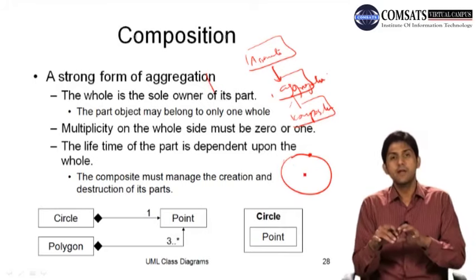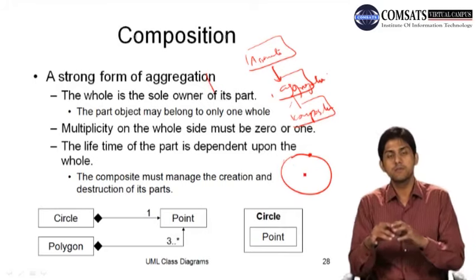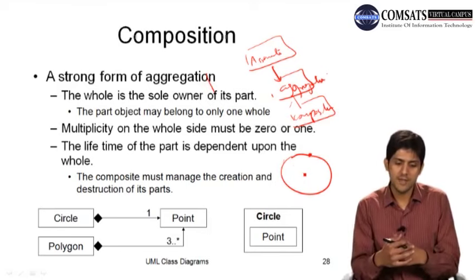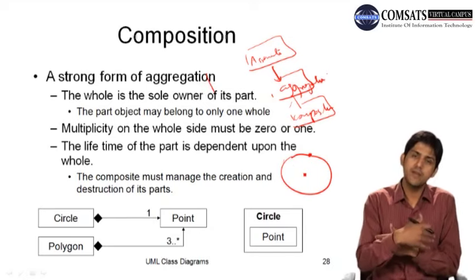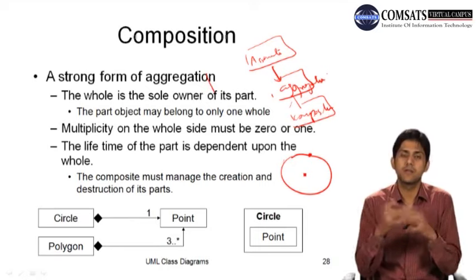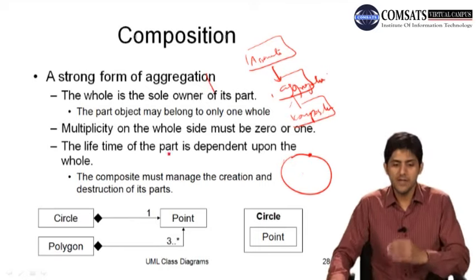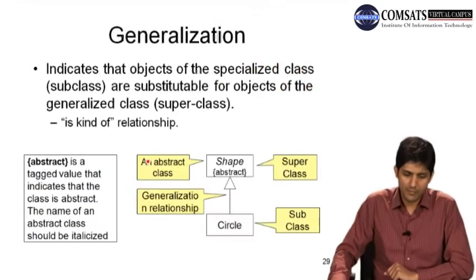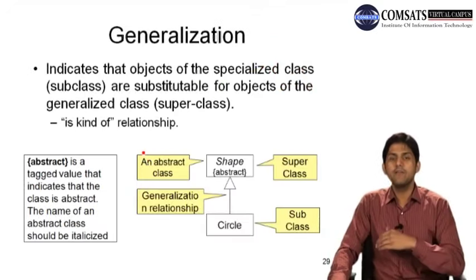इसका रिलेशनशिप ये है कि you know this is part of the circle, लेकिन the aggregation is strong, और वो स्ट्रांग इस तरह से है कि अगर आप इसको डिलीट करेंगे, इसके जो लाइफ टाइम है इस पॉइंट का वो इस पूरे होल के साथ एसोसिएटेड है। जब आप सर्कल खत्म करेंगे तो ये पॉइंट भी खत्म हो गया, ठीक है। तो कंपोजिशन is a very strong form of aggregation।